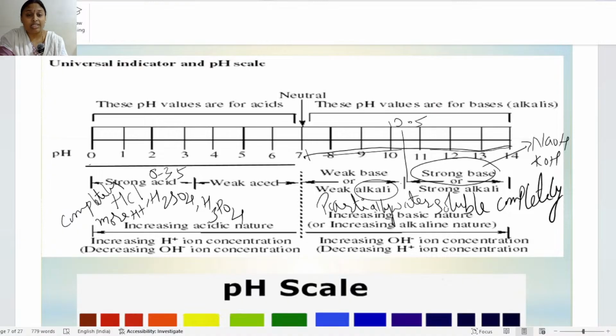Why are they called weak acids? Partially ionized, and they produce fewer H plus ions. Because of that reason, 3.5 to 6.9, in between that pH, acids will be called weak acids. Okay, so now,